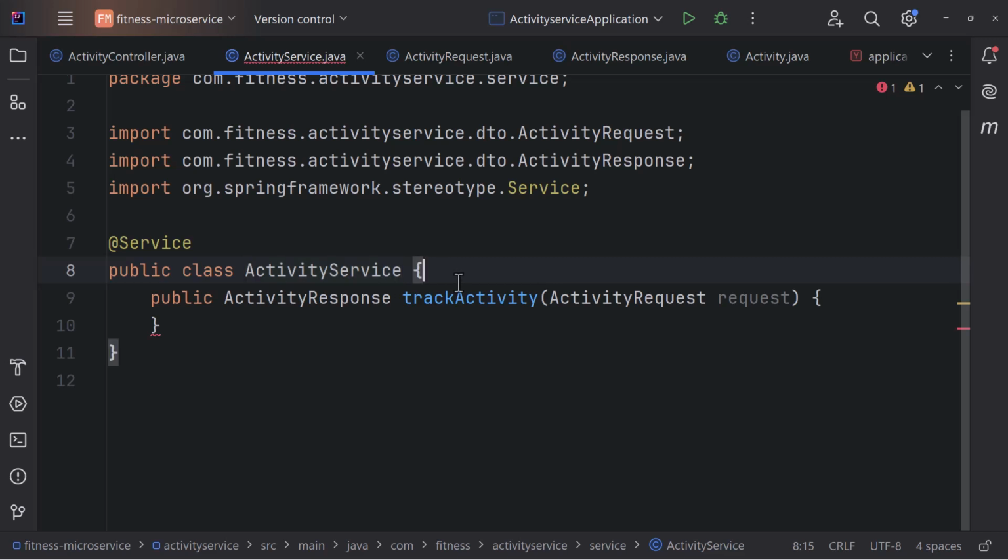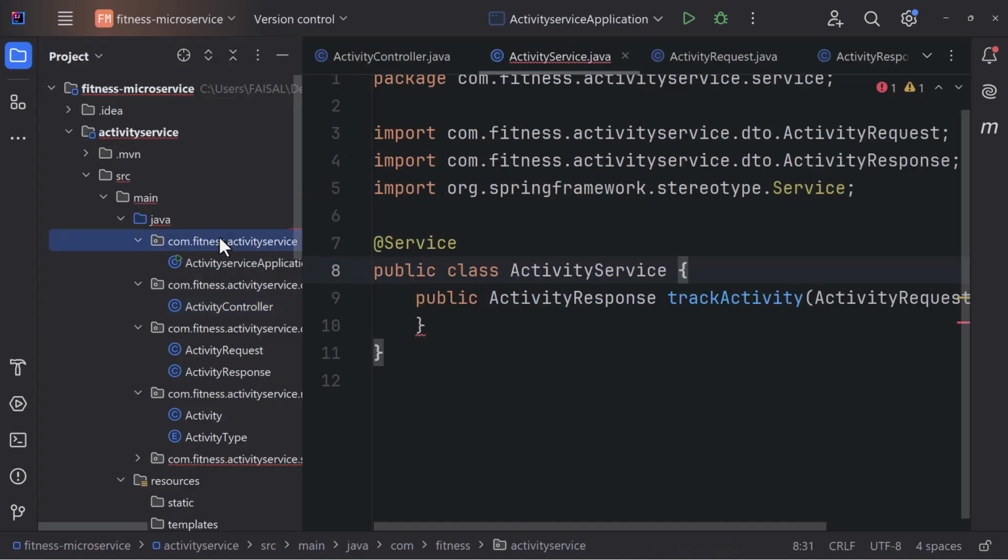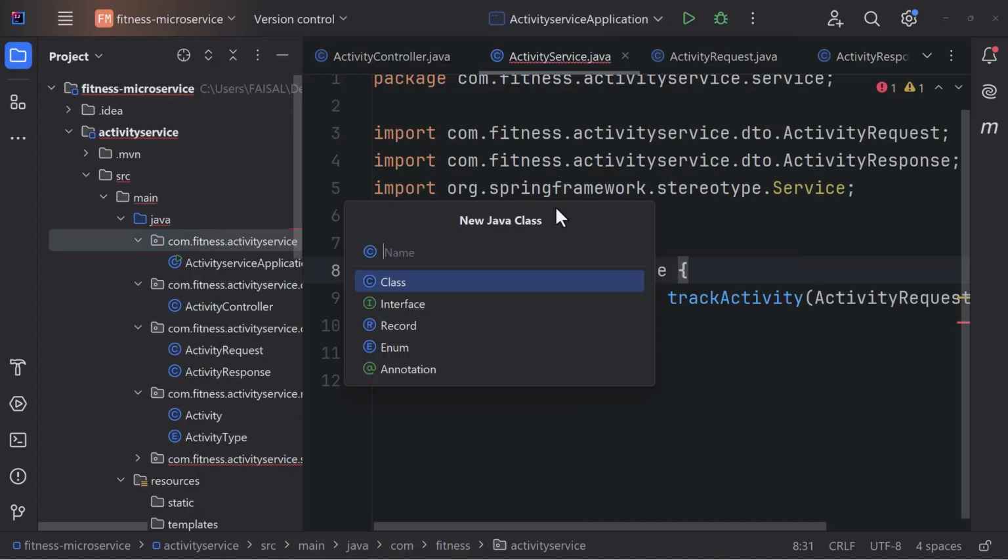So we have added this, and now what we are going to do is, when the user says track activity, we are going to save this into the database. And whenever we are working with the database, what do we need? We need a repository as well, right? So I'm going to create a new Java class. This is actually going to be an interface, and I'm going to call this activity